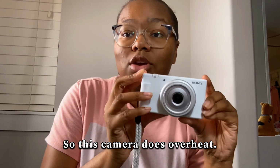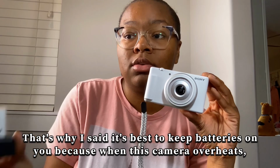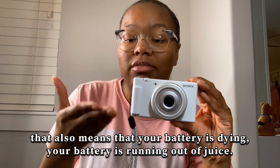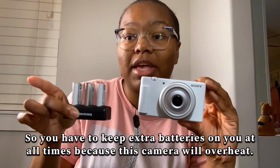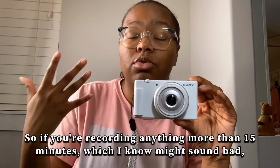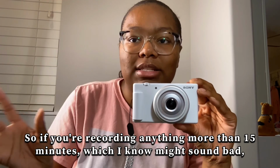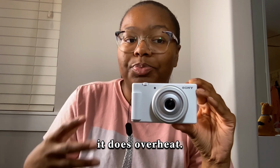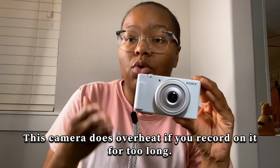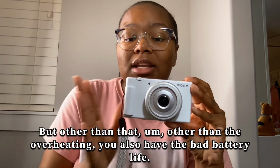So this camera does overheat. That's why I said it's best to keep batteries on you, because when this camera overheats, that also means that your battery is dying, your battery is running out of juice. So you have to keep extra batteries on you at all times, because this camera will overheat. If you're recording anything more than 15 minutes, which I know might sound bad, it does overheat. And I'm being honest with you guys, I'm telling y'all the truth. This camera does overheat if you record on it for too long. That's why you gotta keep your backup batteries, okay? But other than that,